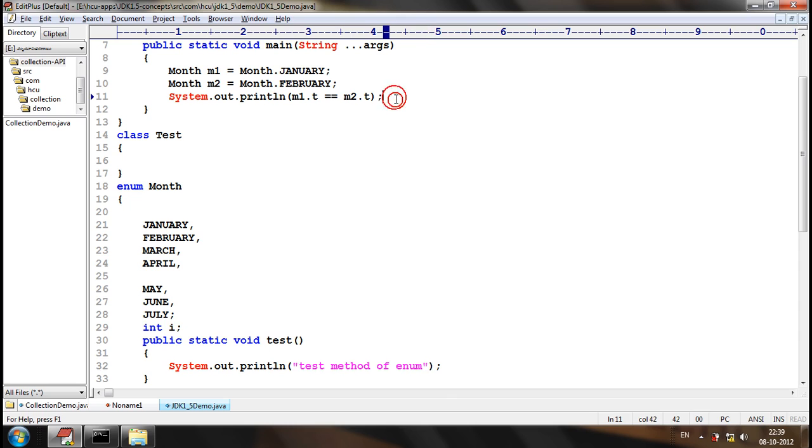It can be accessed directly using the enum name, like this.